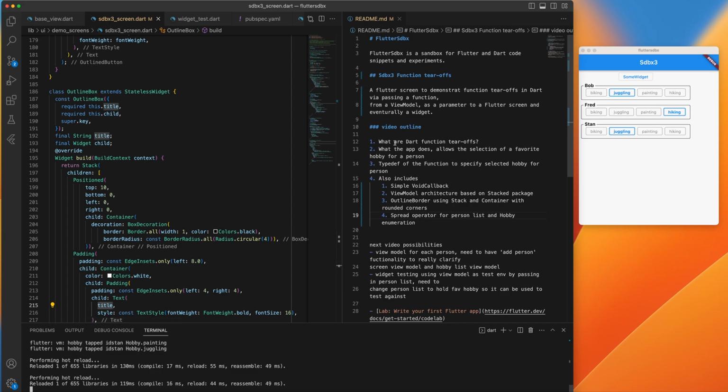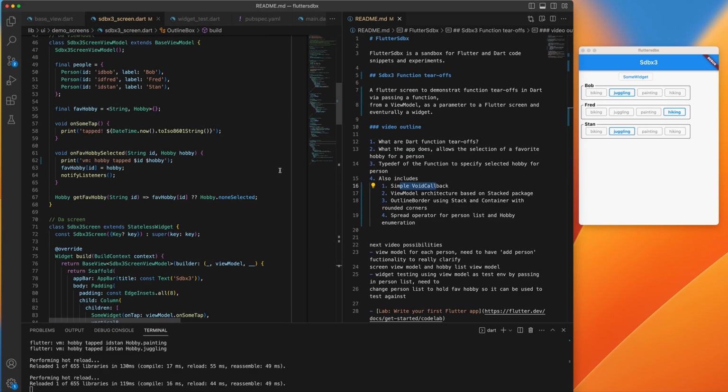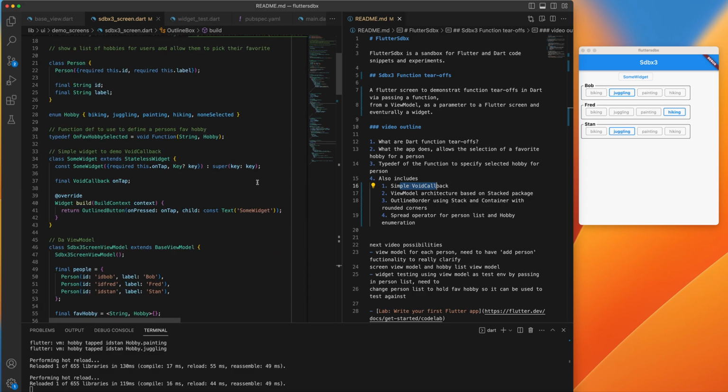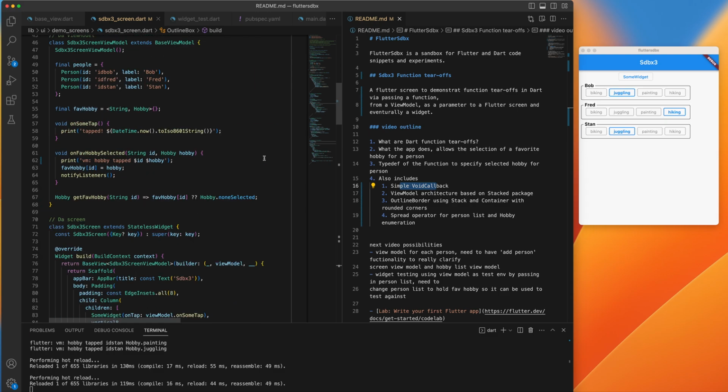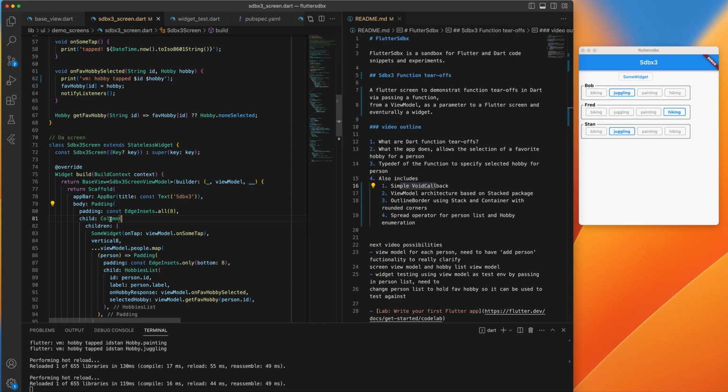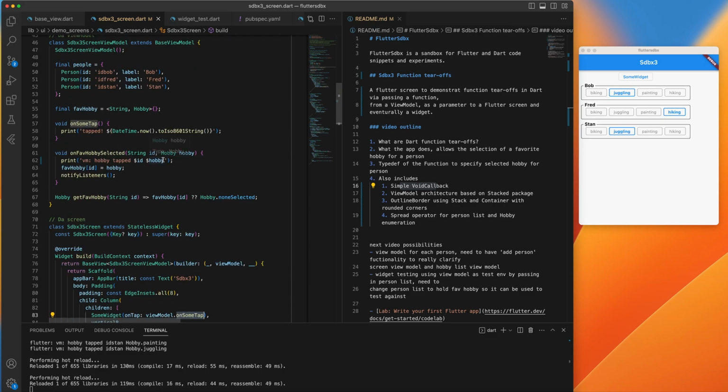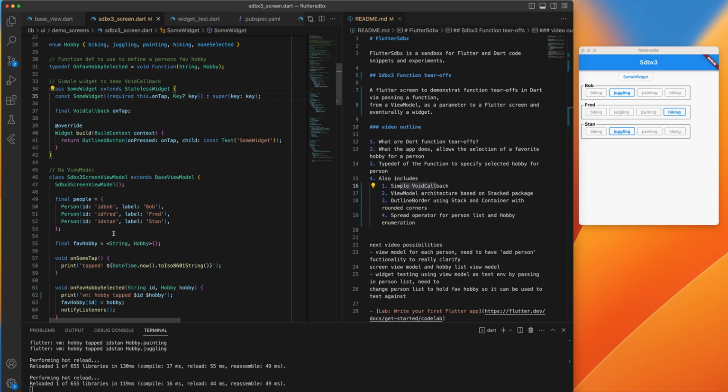Let's see what else. What's the Dart tear off? What the app does. One thing I also wanted to note here is how to do a simple void callback. Again, something I constantly forget. I don't know why. On top of here, there's a column. That first widget is some widget, which takes a void callback down here. I just need to go find it. There we go. Super simple widget. It just has one button,